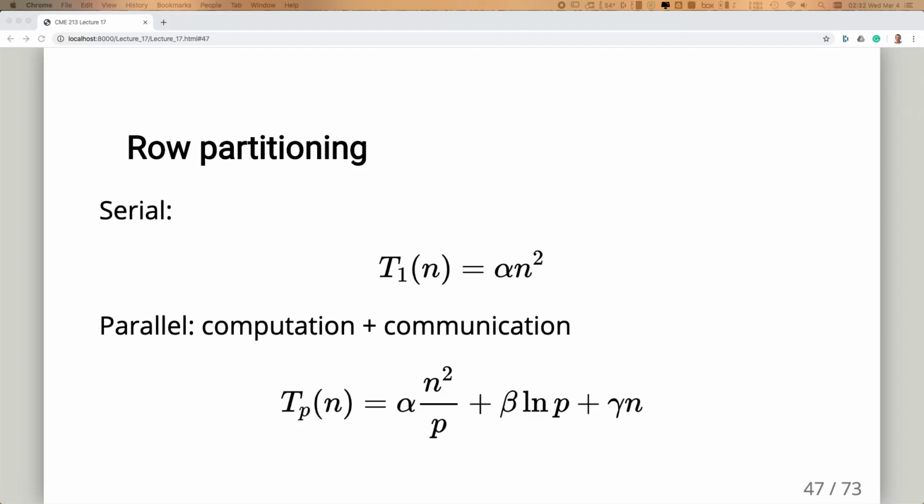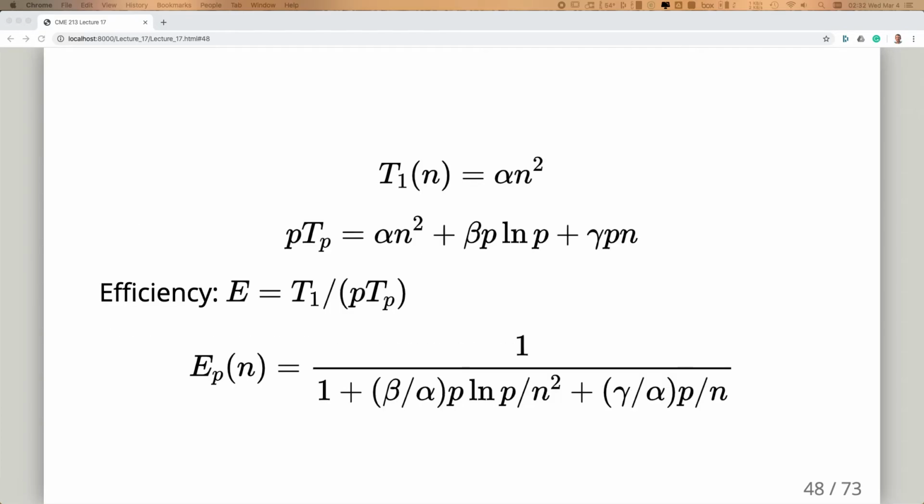Now let's plug in this formula and see what we get for the efficiency. Efficiency is T1 divided by P times the parallel running time, so just the previous formula multiplied by P. You get this ugly looking formula. When you look at this,